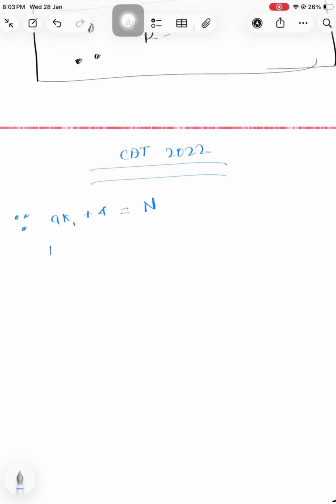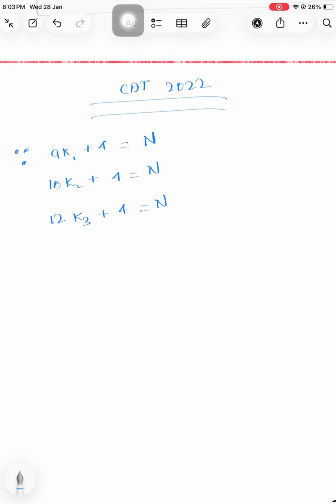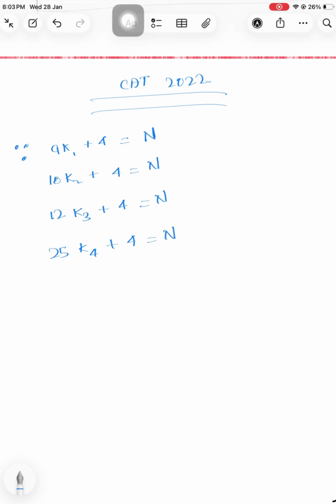So just by observing only the first line, I can say that there is a number, any random number, let's say n, which is less than 5,000. But whenever it is divided by 9, 10, 12 and 25, then it always leaves remainder as 4. So can we not write the very first line as